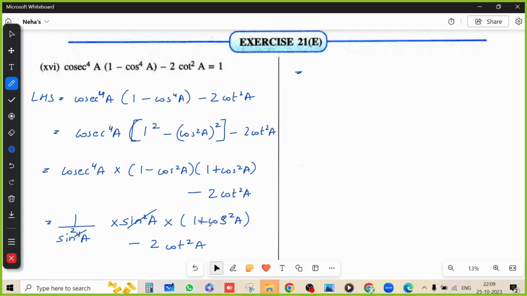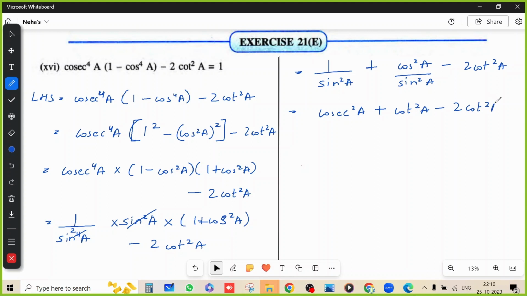Now we are left with 1 plus cos square a divided by sine square a. So this would be written as 1 divided by sine square a plus cos square a divided by sine square a minus 2 cot square a. Now 1 divided by sine square a is equal to cosec square a. Cos square a divided by sine square a is equal to cot square a, and this is minus 2 cot square a. Now cot square a minus 2 cot square a will give us minus cot square a,